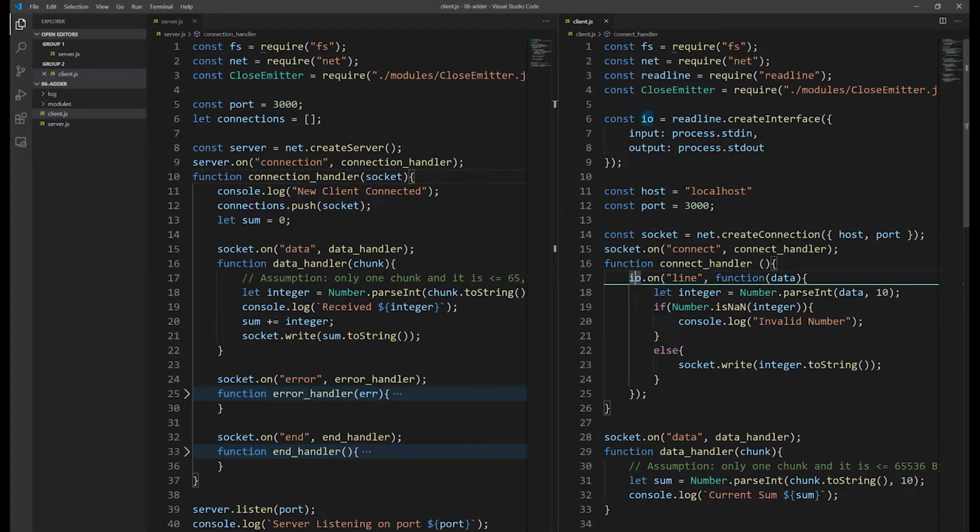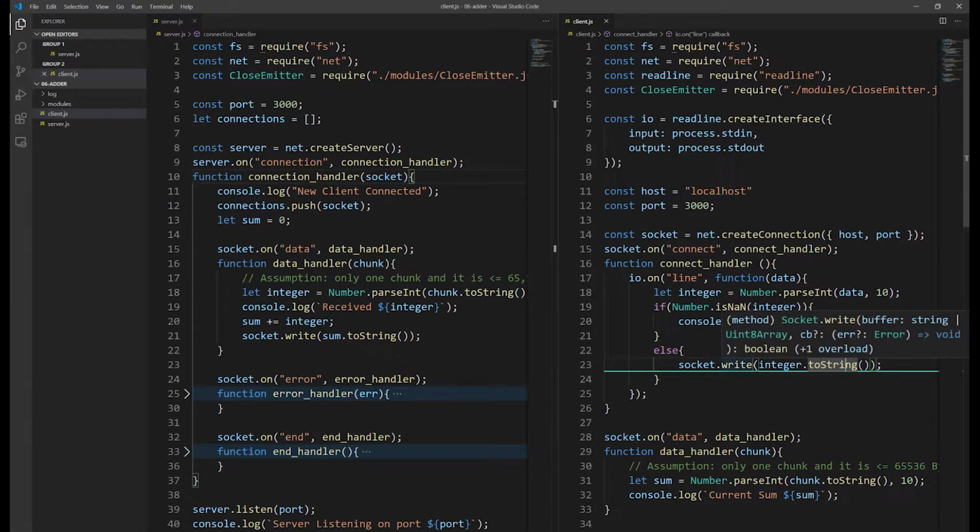And we see that we have a call to a readline element. So over here we have a listener on the readline. So when a line event occurs, data representing the line that was typed in is sent to this function. We parse the line as a number, and if it's an invalid line, we throw some type of error, but otherwise we take that number, we cast it to a string, and then we use socket.write to send it to